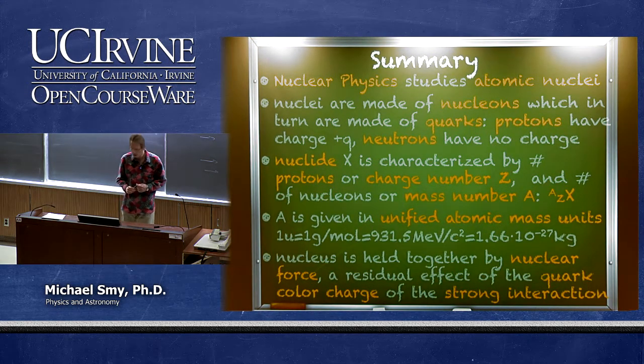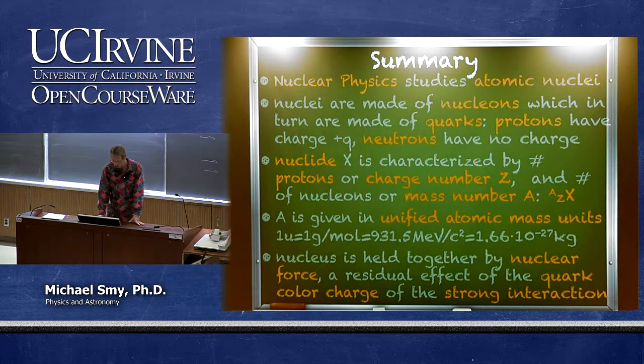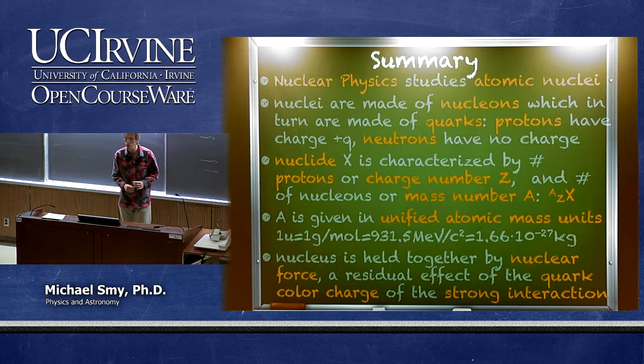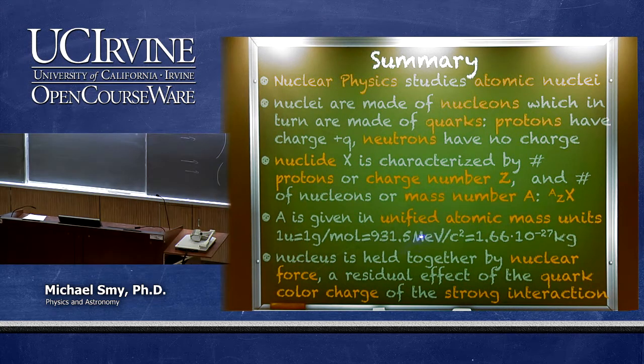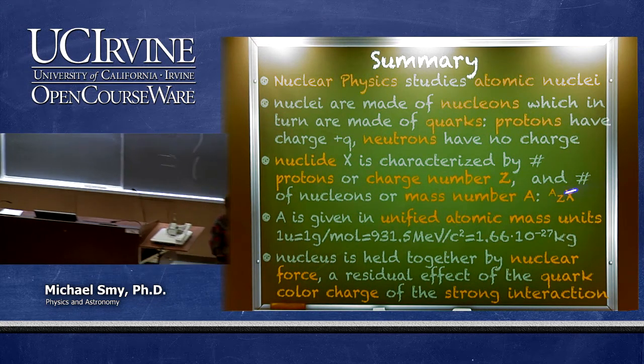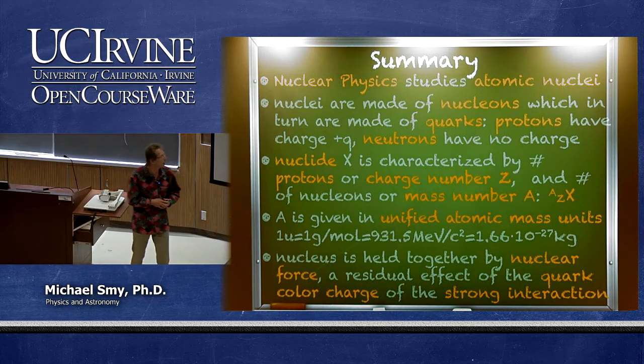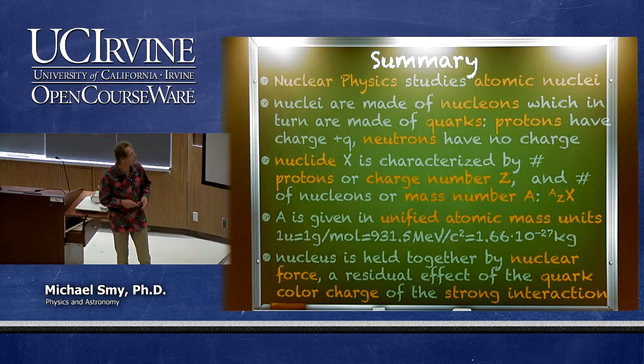Nuclear physics studies the atomic nucleus. Those nuclei are made out of nucleons, which in turn are made out of smaller things called quarks. Protons have the charge plus the elementary charge, and neutrons have no charge. The nuclide X is characterized by the number of protons Z and the mass number A. One writes symbolically A Z X,